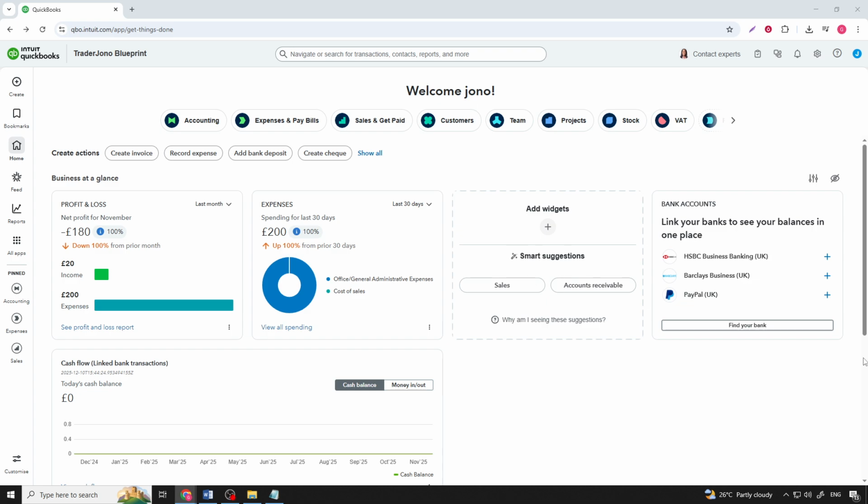Today, you're going to learn how to add a class in QuickBooks Online UK version. In this walkthrough, we will go through each step clearly so you can start using class tracking with confidence. Class tracking is a great way to organize your transactions, whether you want to separate departments, locations, or categories within